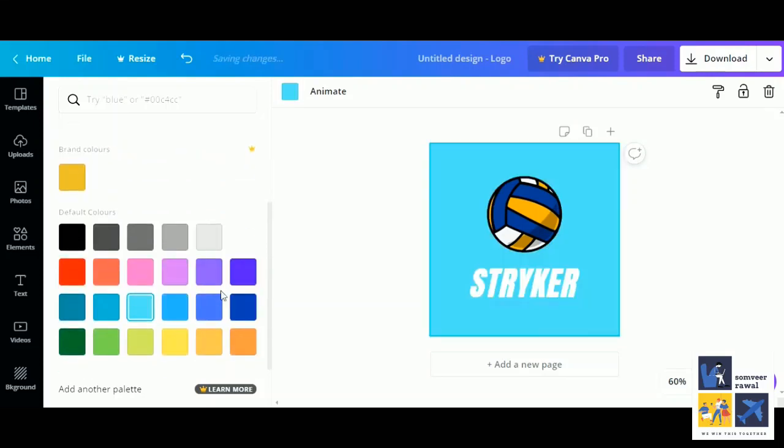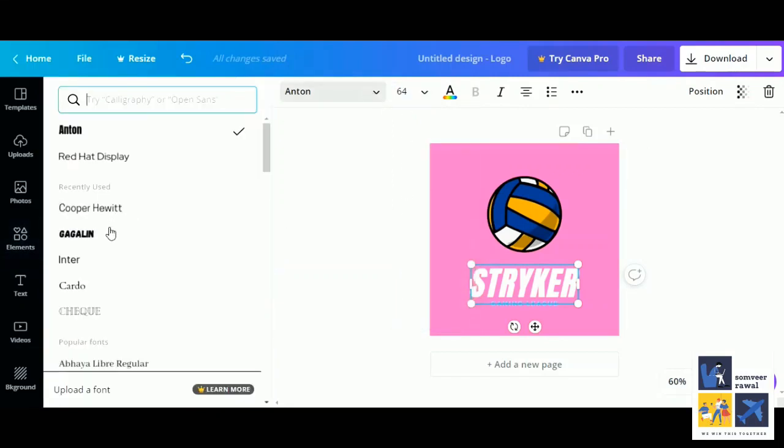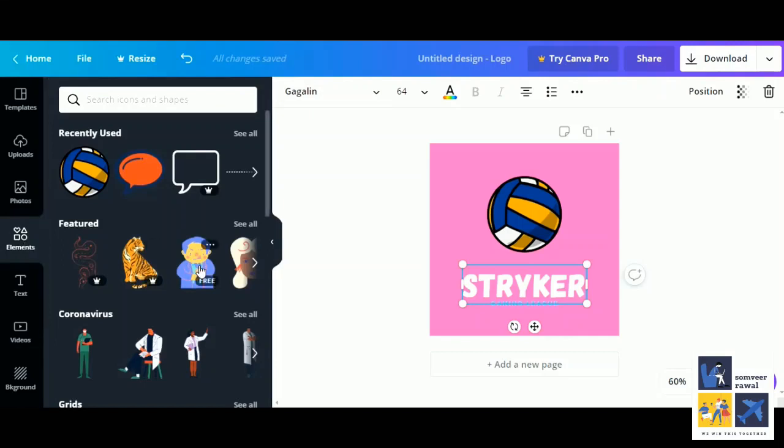Play around with the colors and stop at the one that most appeals to you. You can also change the font. Click on the words. You can change the color of the text. You can change the size. You can change the font also. There are some elements in the template that cost money to download, but most are free. The free ones have free written on them on the right side. So this is free. So free is written over here, and these are pro.